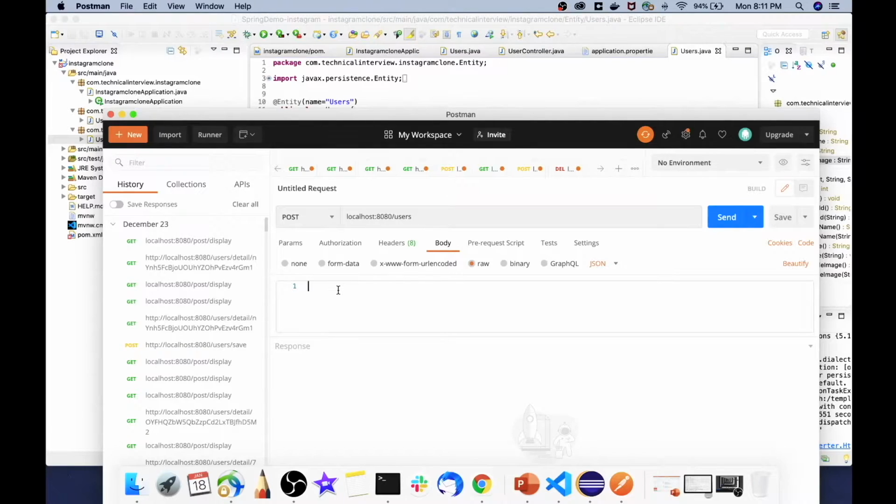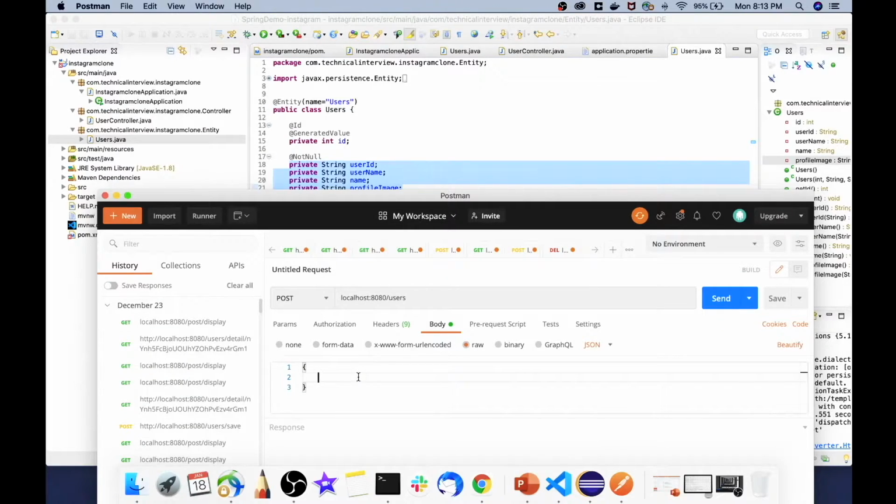If you are not familiar with this flow and if you are not understanding what I am doing exactly right now, I already told you, just hold on for a minute. I will be explaining each and everything in detail so that it will be easy for you to understand the code, as well as to write any API that you want for your project. Let's go back and write the request body over here.